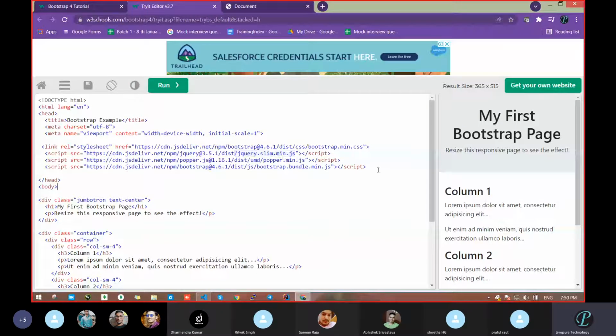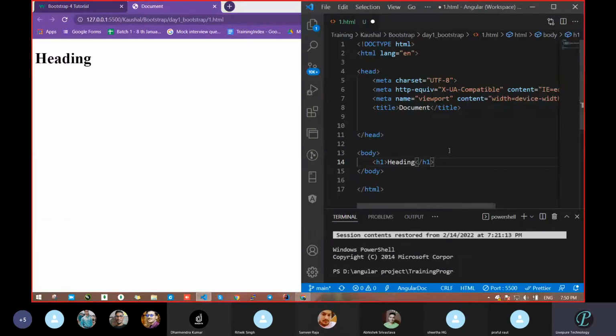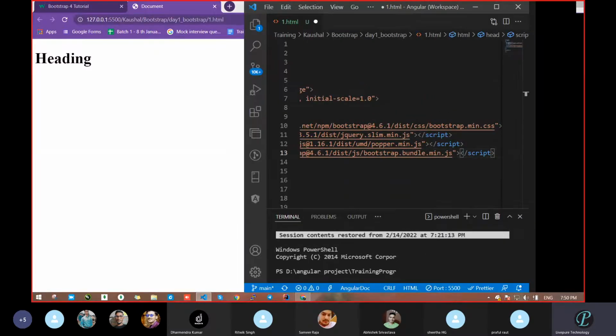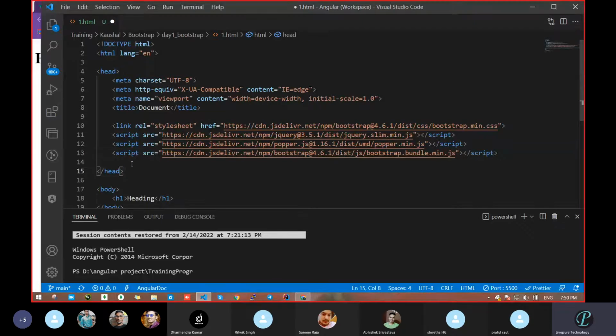So what we have to do is copy all these 4 links. If you want, you can cut also, no issue. There will be no loss to W3Schools, he has too many links. We are going to keep these as external CSS, inside the head only. Is this clear or not?